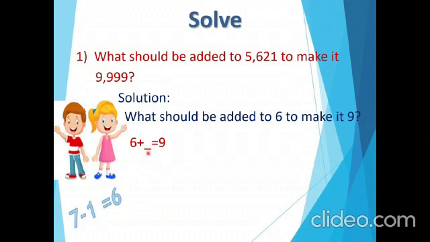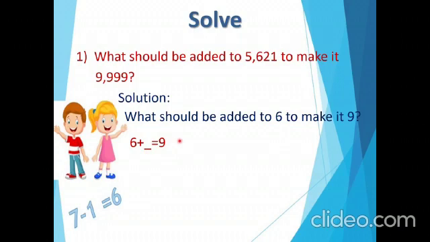If it is 0, that is 6 plus 0 is 6. That is not the correct answer, because we want the sum as 9. For 1, we get 7. 6 plus 1 is 7. That is also wrong. For 2, we will get 6 plus 2 is 8. That is also wrong. If we substitute it by 3, that is 6 plus 3 is 9. See here, for 3, we get the sum as 9. For single digit numbers, we can do like this.